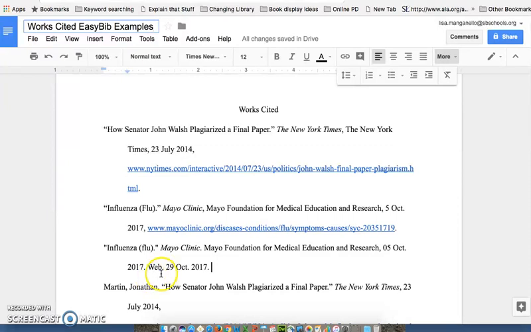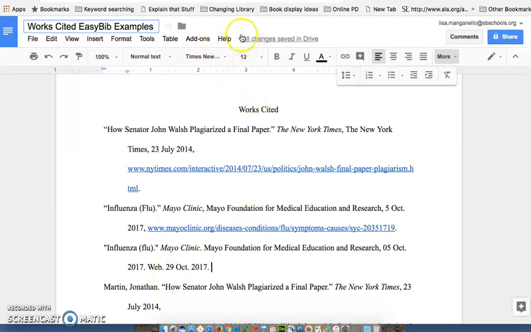The other thing that's not required is the date of access. So the fact that we accessed this article today doesn't mean anything for MLA anymore. But the thing that is missing from this is the URL. And that's something, as I said before, you want to make sure your students are including. So if you're not seeing that, it's probably a red flag that they are not using the proper form of